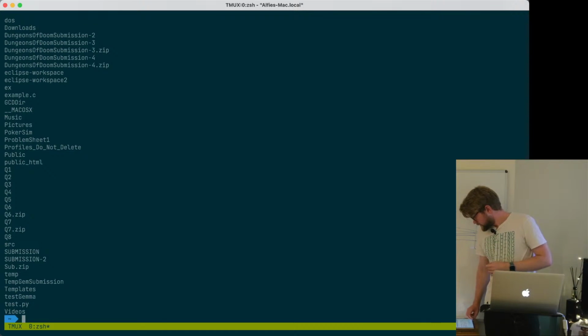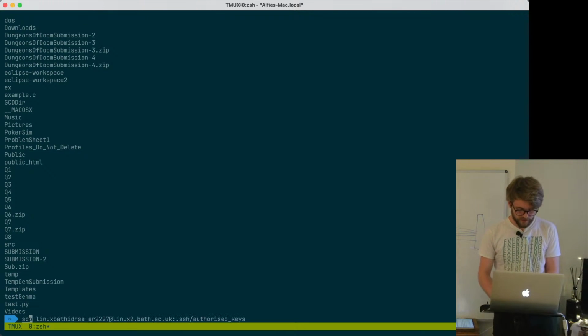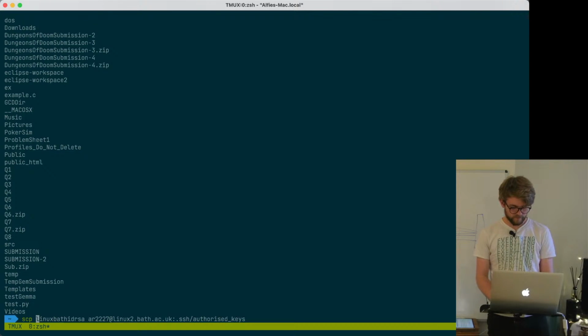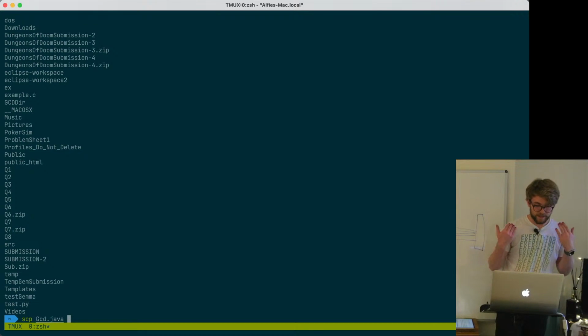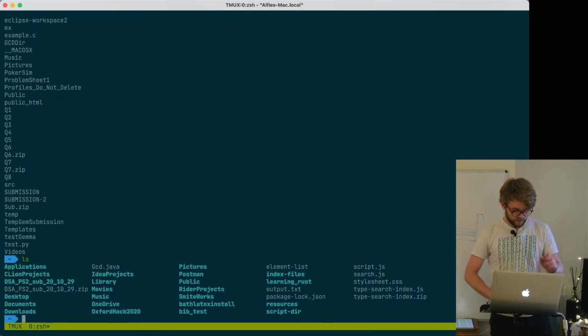So now we need to copy the file we want to run onto linux.bath, and so we're going to use the scp command. The file's just called gcd.java, so that's my local file, it's on my machine here. If I run ls locally, you will see gcd.java. So scp gcd.java onto AR2227 at bath.ac.uk. Colon, where do we want to save it? We want to save it to